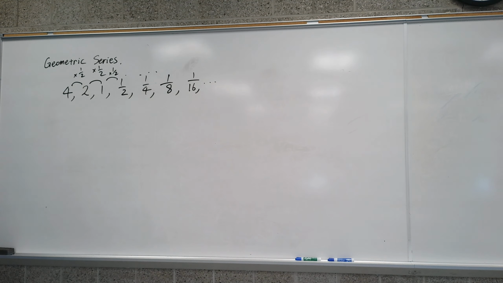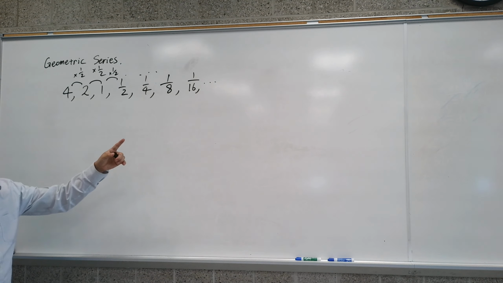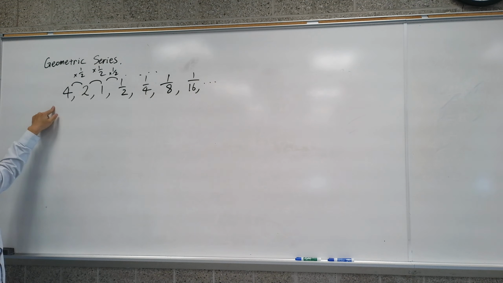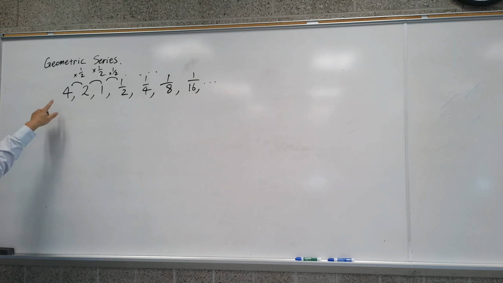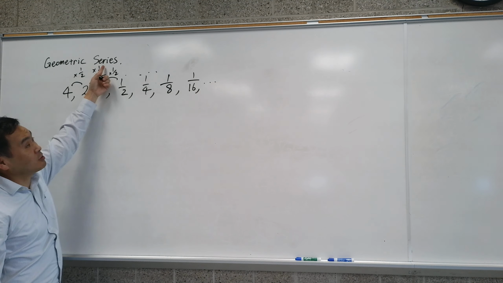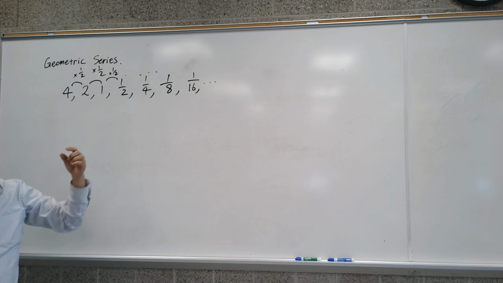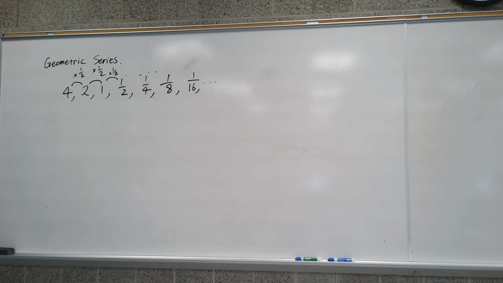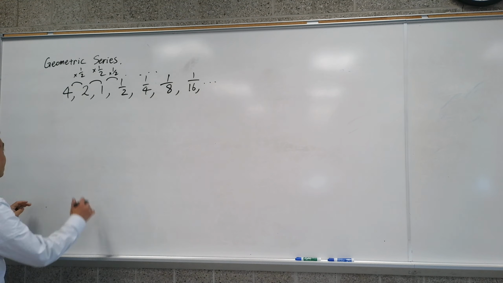And any sequence that proceeds in this fashion is called a geometric sequence. And if you add up the sequences, you say it's a series. Okay, so the difference between a sequence and a series is sequence is just individual numbers, where series means you add them up. Okay? So in general,